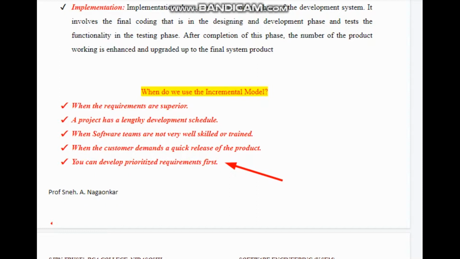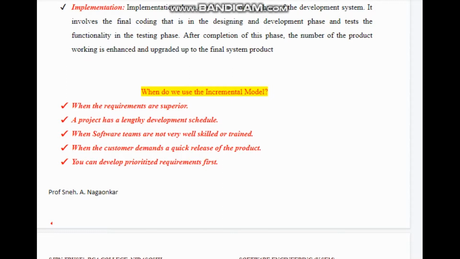So you can decide which module to develop first, whether you want a login module, a pin change module, or a cash transfer module. Here you can prioritize the modules and decide which one to develop first. Okay, so this is the minimum set of situations where you can use the incremental model.